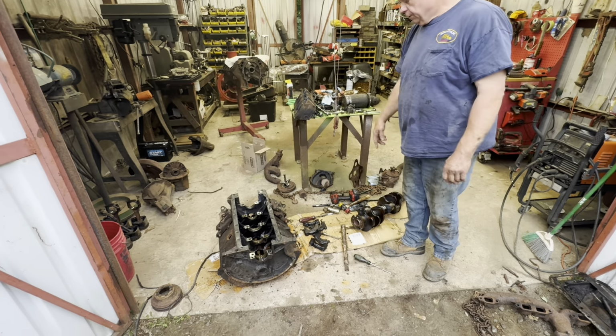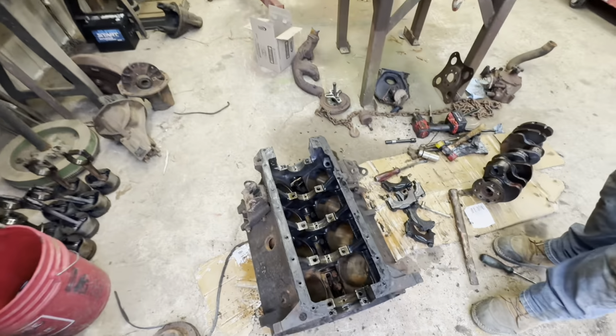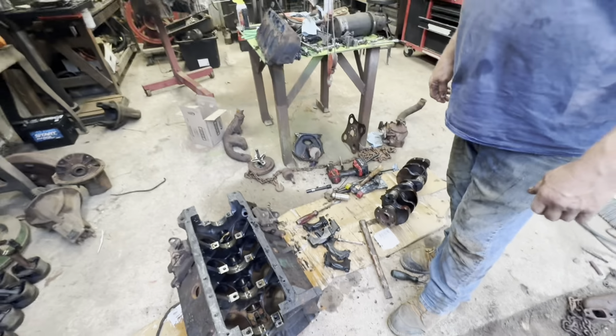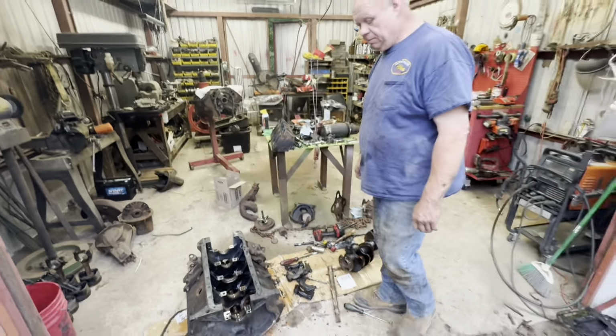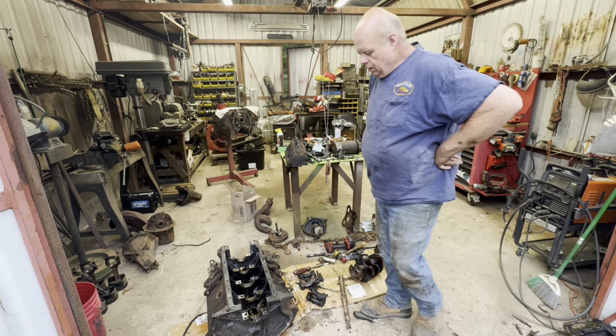But the cylinders all look great. The pistons look good. They still fit pretty nice and tight. Had some stud rings on it. Seems to be in pretty good shape, like it may be a low mileage engine. I found the date code on the block. It's dated